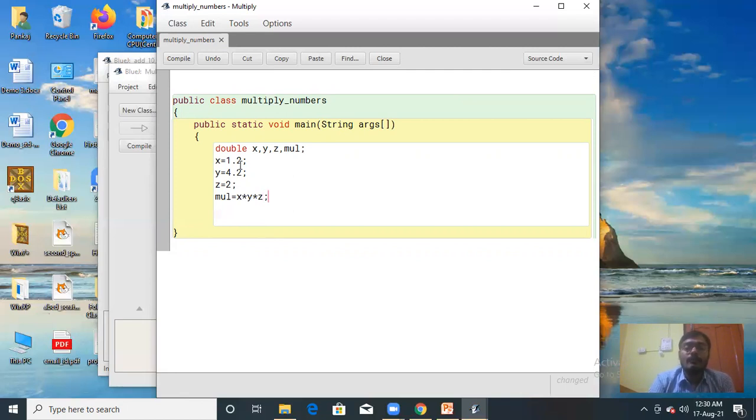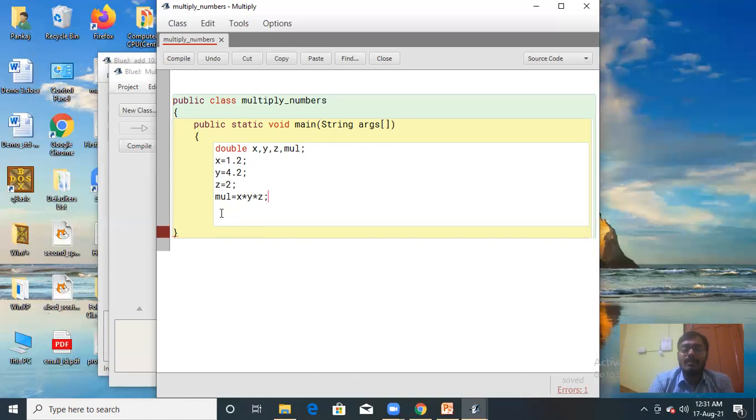Now, why is a semicolon given at the end of the sentence? Because the semicolon represents the terminating of the statement. In every statement I have terminated the statement with a semicolon. But in the class and main function lines you will not write a semicolon, because an opening brace is given for the class and also for the main function. So you cannot put a semicolon at the end.